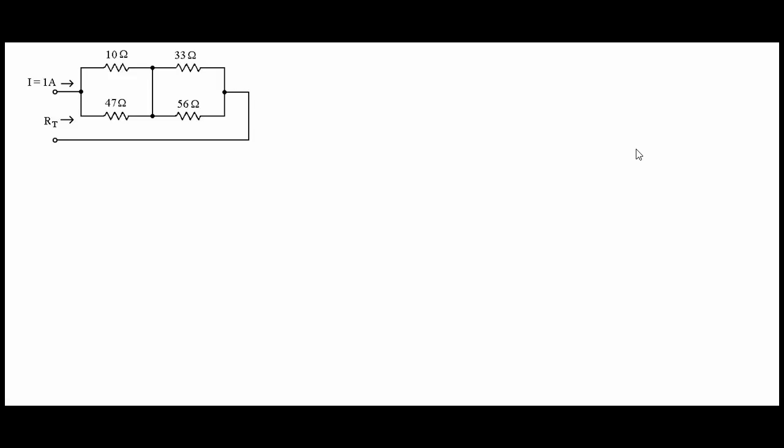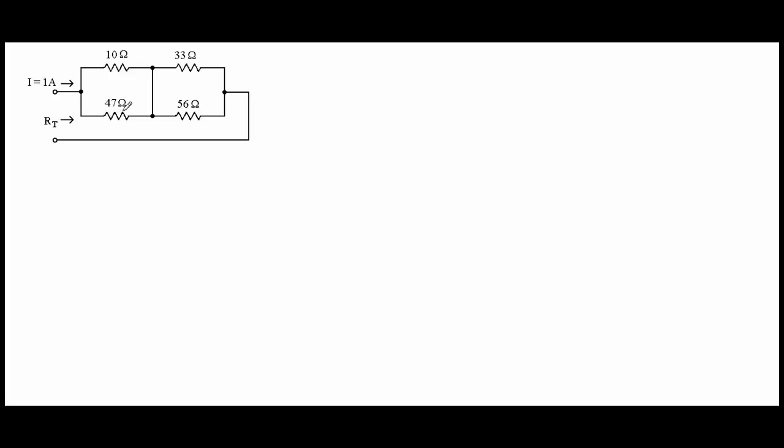Okay, hello guys, and welcome to this example. In this example, we are asked to find the current that goes through the 10 ohms resistance. So we have a circuit, and there is a current of 1 ampere entering this node. Then it is going to split into a current that goes into 10 ohms and a current that goes into